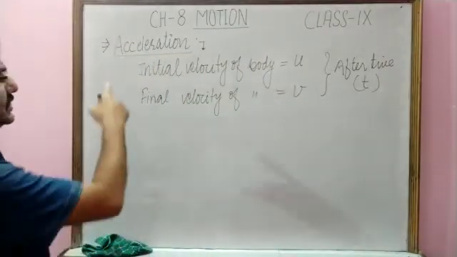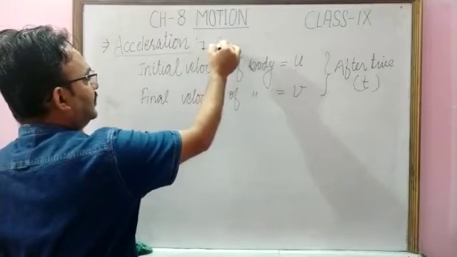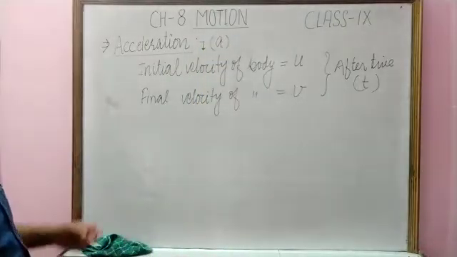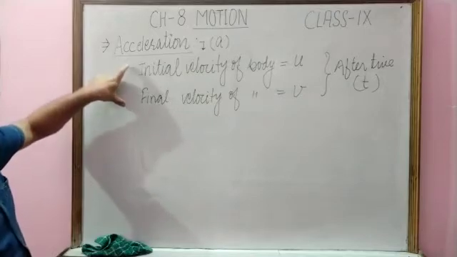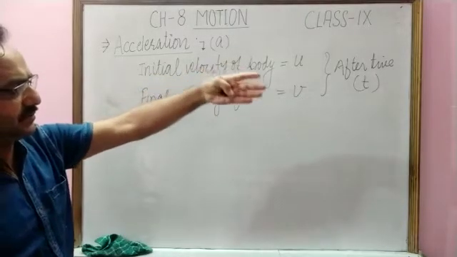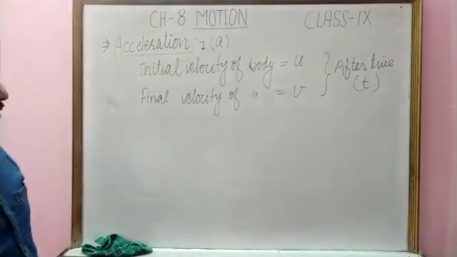In general, acceleration is denoted by a. So we can say when a body is moving with the initial velocity u and after some time interval t, the body